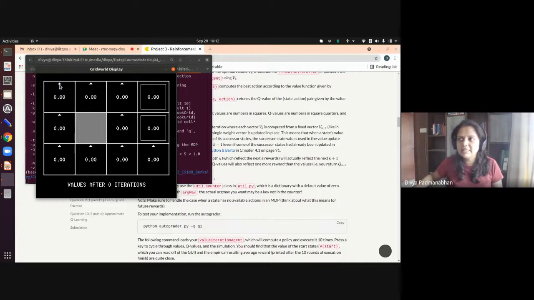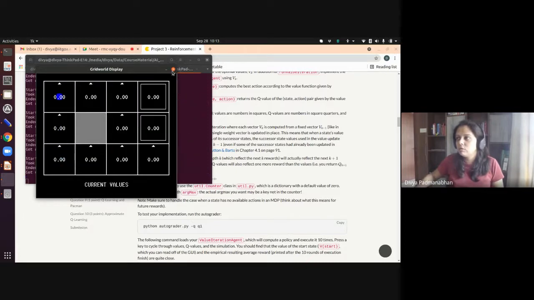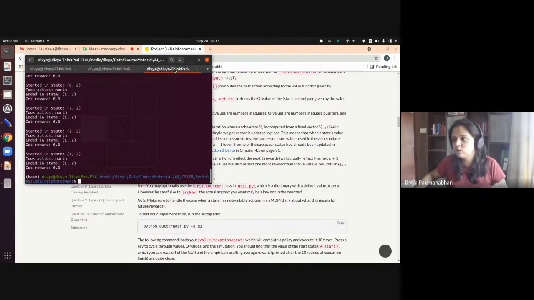And so these arrows have no meaning at the moment, because what these are is the Q values for each of these actions. For example, in this state, the bottom leftmost, if you go left, it's going to carry a reward of 0. If you go up, it's going to carry a reward of 0, and so on. So every action in every state has a value of 0. And of course, these are terminals, so that's why they've been marked for you as 1. This is a simulation, so let's just do one iteration.